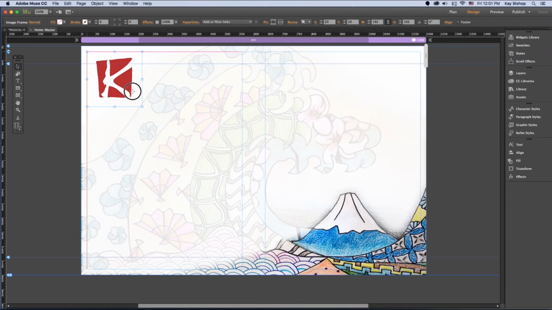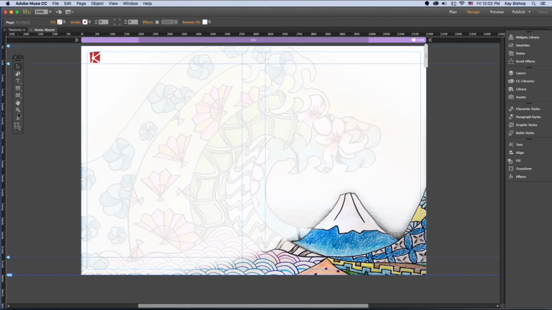Now again, you want to resize it in Photoshop first before you bring it into Muse, especially if I'm going to use it at a smaller size. In my selection tool, I'm going to drag it down to about 30% so that it's going to fit in my header area. What I want to do is go back to Photoshop and then resize it there so that I'm not uploading files that are larger than needed, and that's going to save time when I'm uploading the files, and also for users when the website is uploading, it'll upload faster if my images are resized correctly. So now I have a logo in my header area,